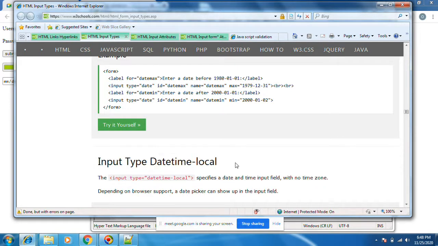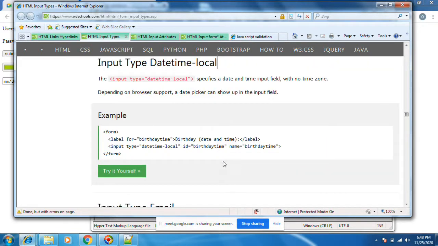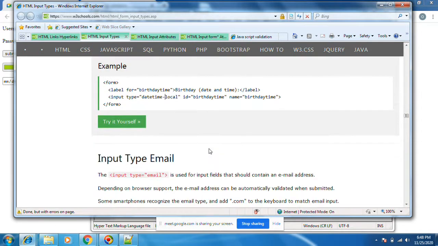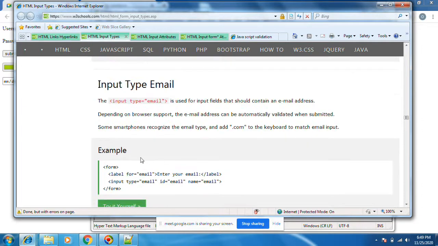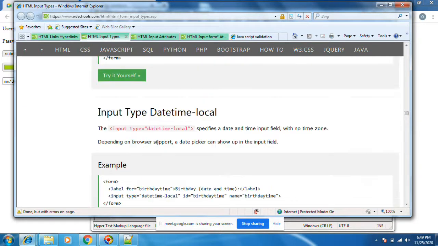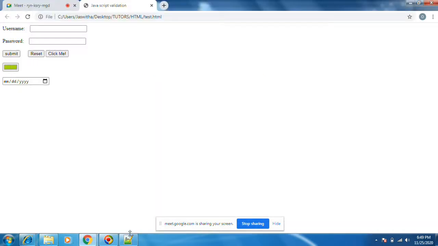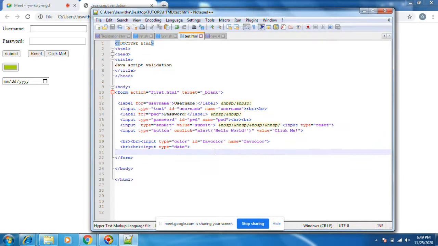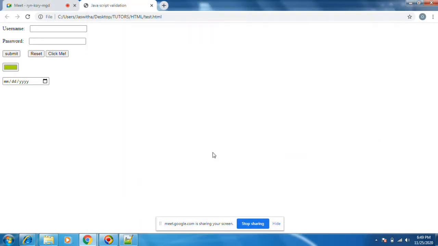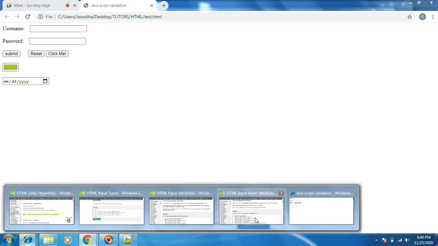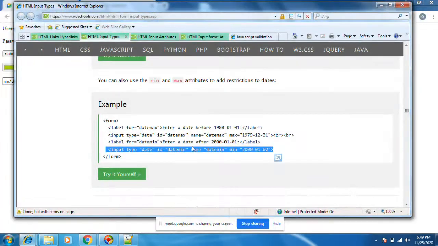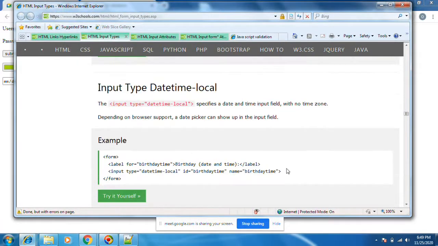Date time local. This is also another attribute. Input type equals to email. Or else we'll run this one, min max, one by one. Let's see. Input type equals to date time local.